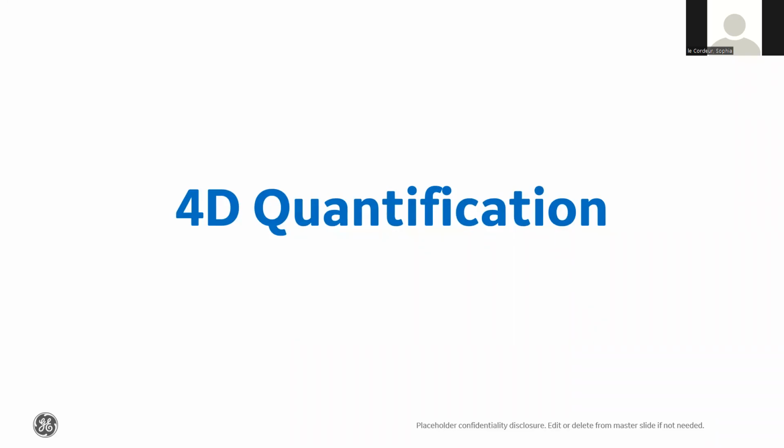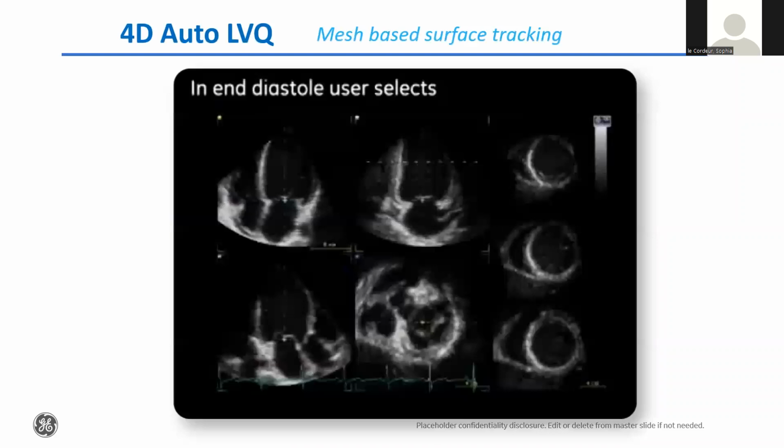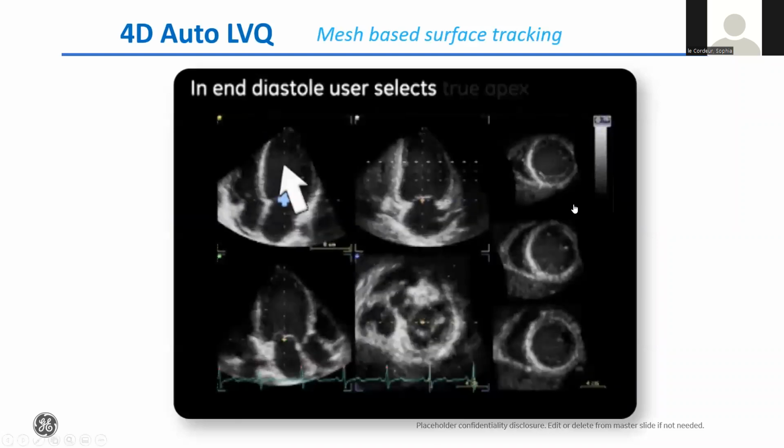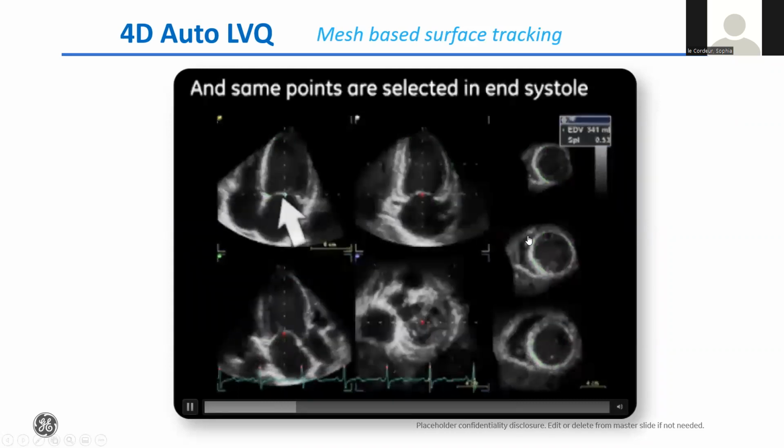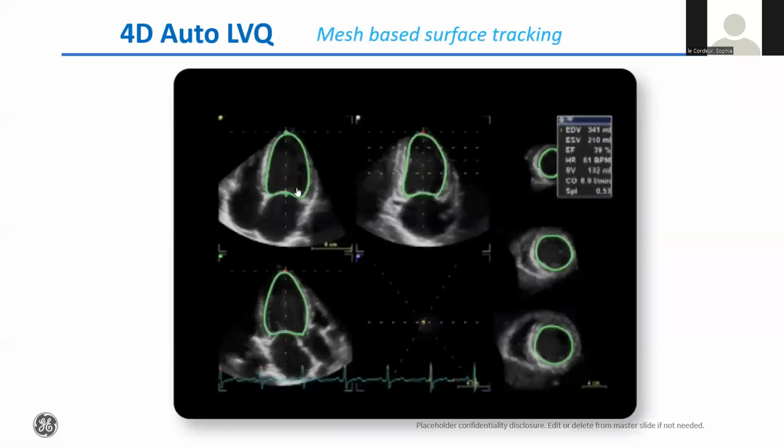And to quickly show, again, here we have a multi-slice type of visualization. This is what the automated tool does when you select, even if you start with a volume, it will go to the multi-slice and it will guide you where to place 2 markers. As you can see here in this video, you just need to place a marker at the annulus and the apex in any of the views. It doesn't have to be the 4 chamber. If you can see it better in 2 or 3 chamber, that's fine. And then speckle tracking will do the